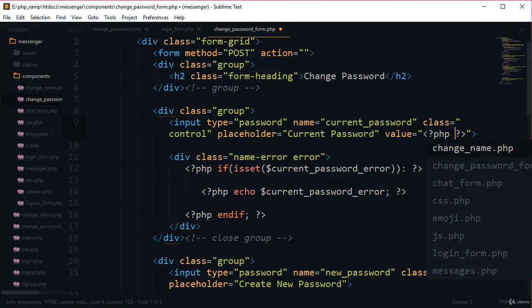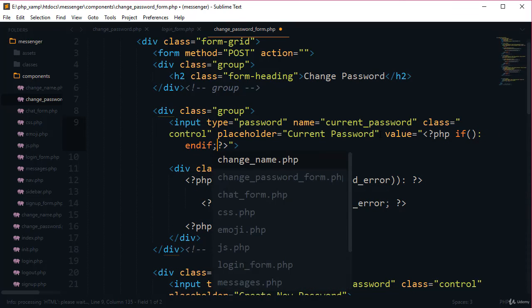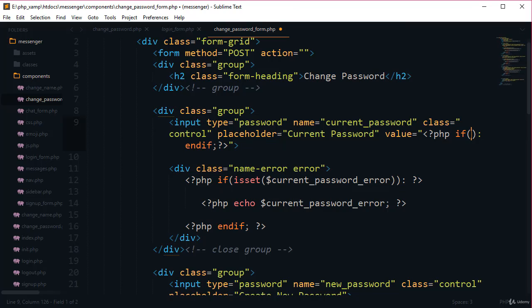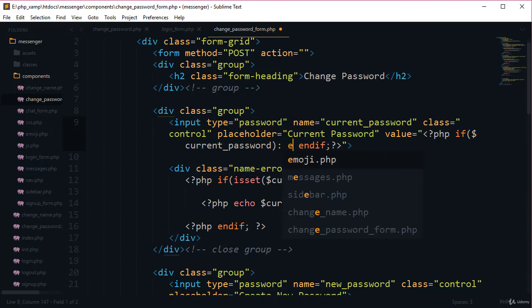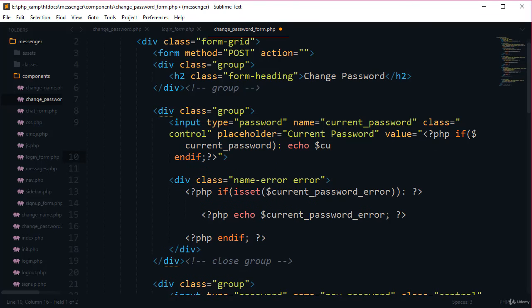Here if statement, and here end if statement. If current password is set, then echo current password, to display the current password.